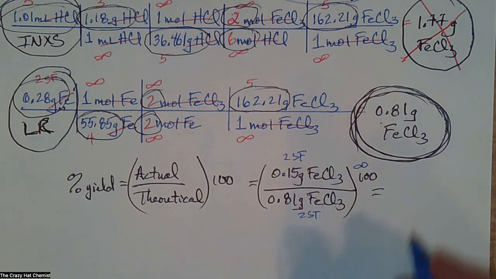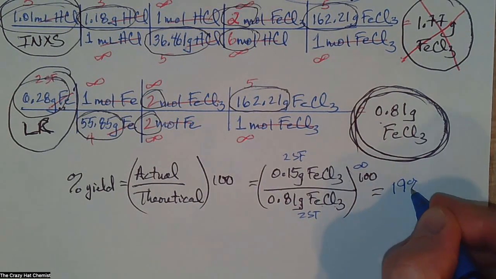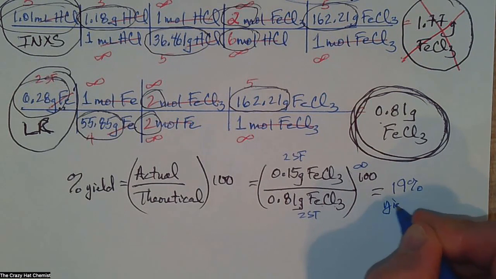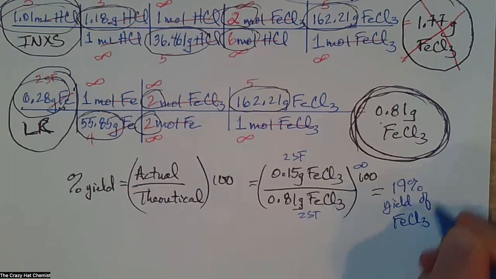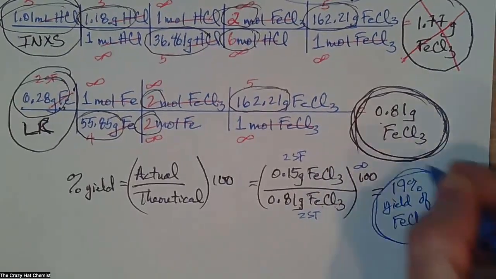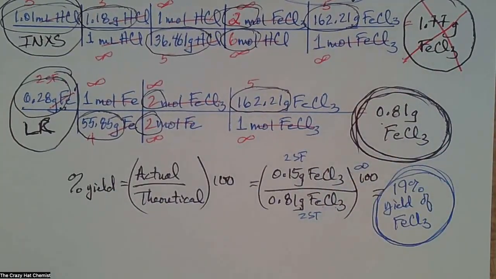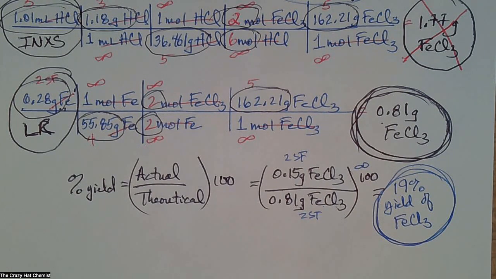So my percent yield will be 19% yield of FeCl3. And that is one of my other answers. It's not too bad. Well, it's a horrible percent yield, but it's a great answer. How about that? Now we need to do one more thing here, and that is we're going to figure